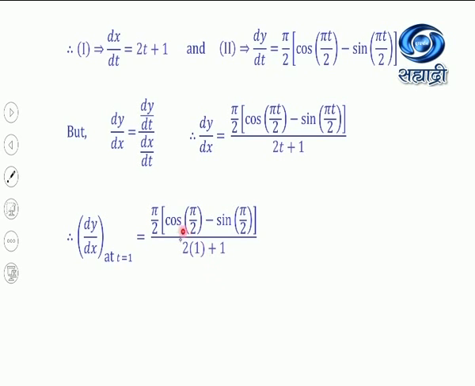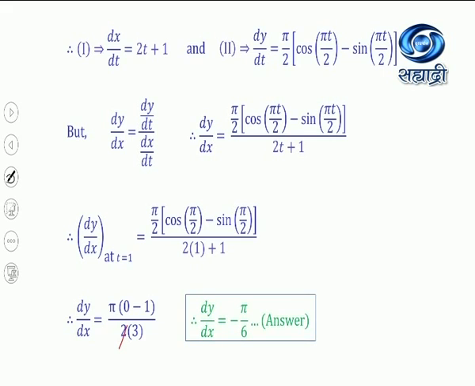And now what is the value of cos pi by 2? Pi by 2 means 90 degree. Cos 90, here sin 90. The value of cos 90 is 0 and sin 90 is 1. So here in denominator 2 into 1, that is 2, plus 1, that is 3. So what we write here? 2 into 1, 2, plus 1, that is 3. So here you have to write only 3. And now our answer becomes, see here, pi upon 3. Here you have to write 3 only. This is my typing mistake. And now we clear this point. Pi upon 3 with a negative sign is our answer.